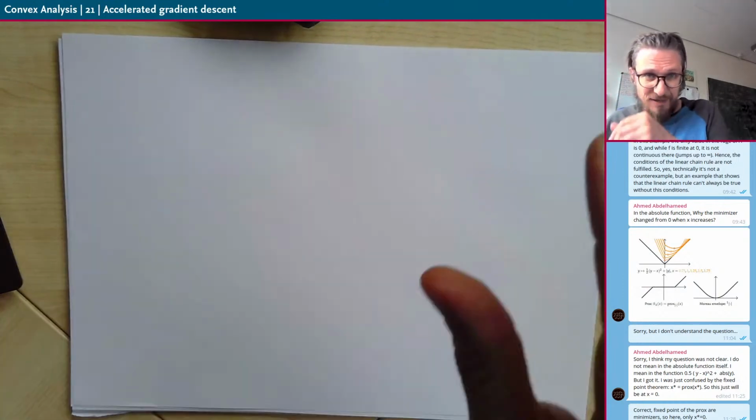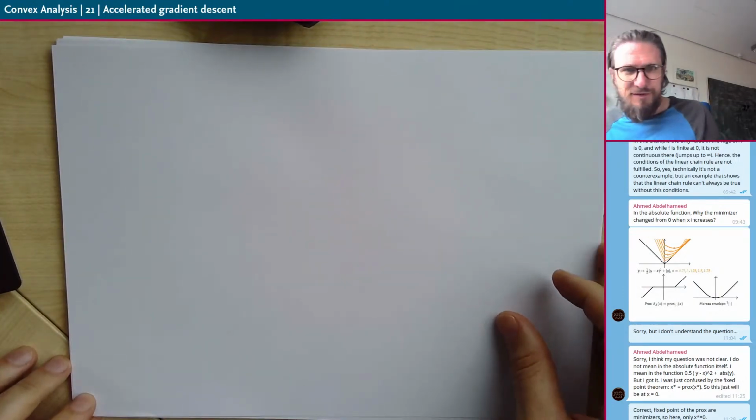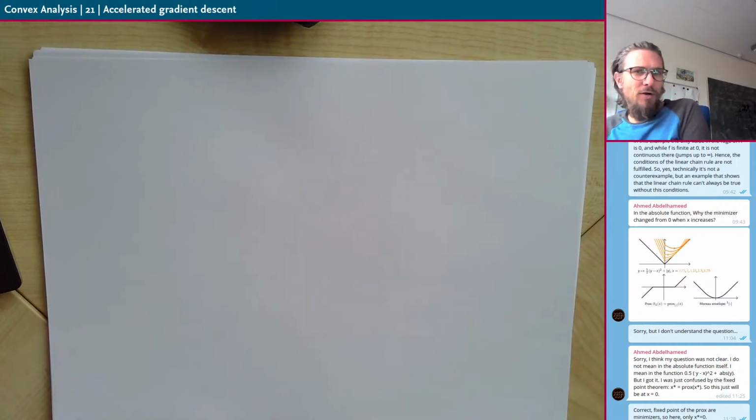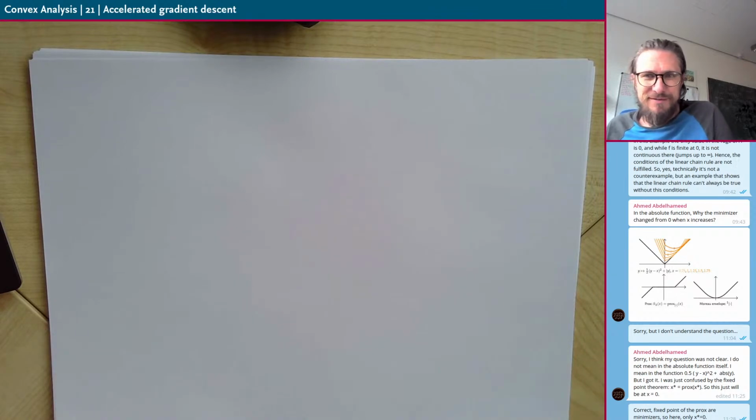So, hi and welcome everyone to lecture 21 or lecture 5, just depending on the count. So today we're going to treat accelerated gradient descent. I think, at least my impression, it's one of the greatest achievements of the last century when it comes to convex optimization. And maybe also splitting methods fit the bill, but this acceleration technique,